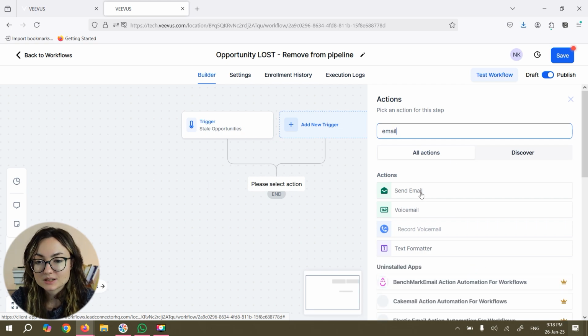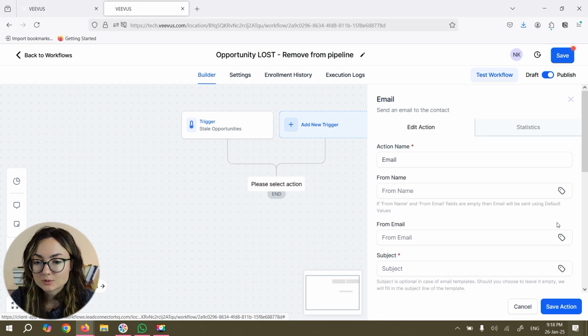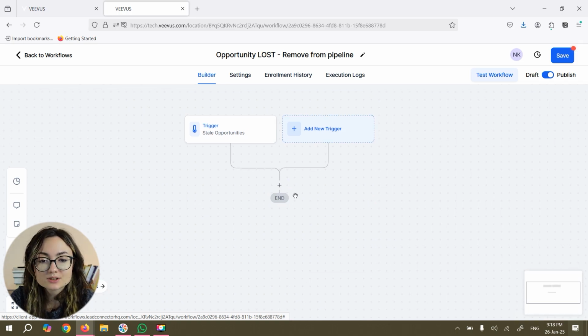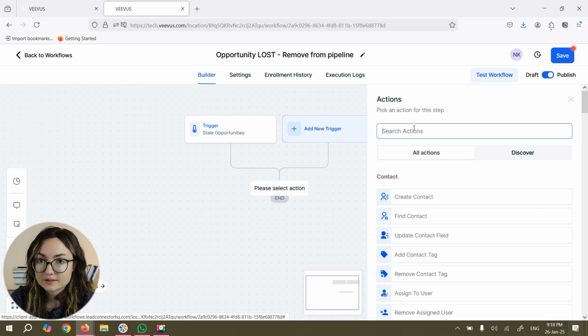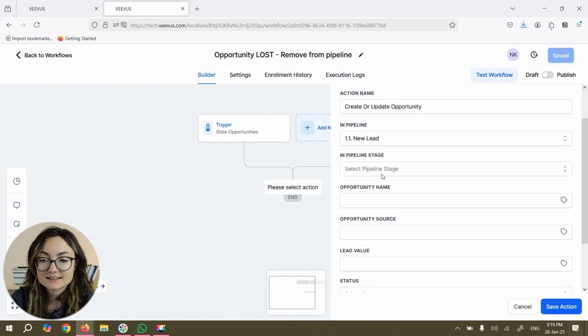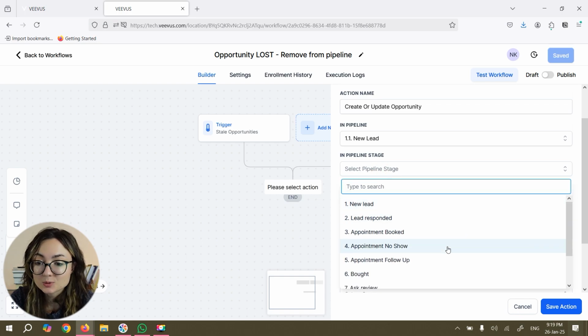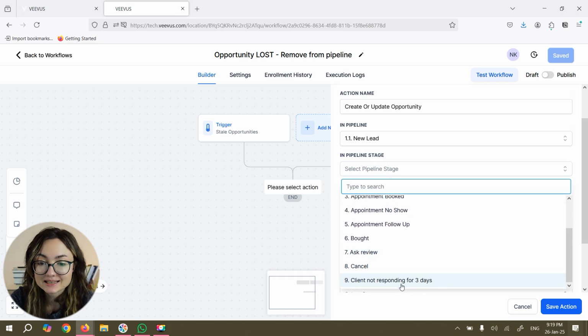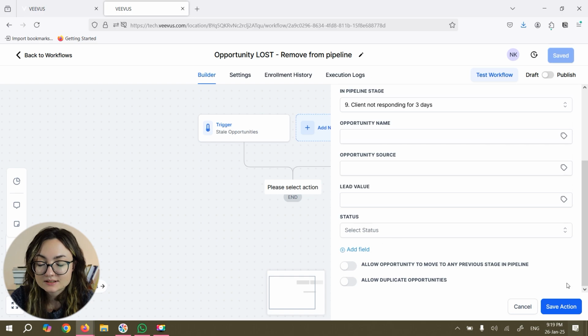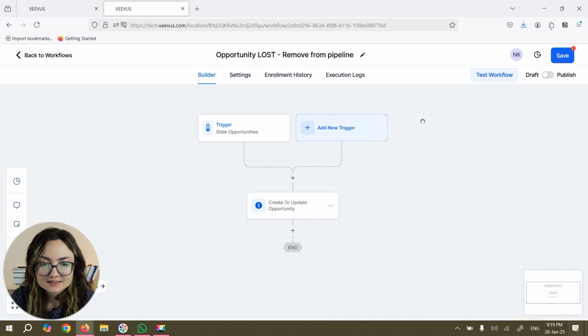So you're going to send them an email, and you write there whatever you want to write. But before doing that, I recommend you add them to another opportunity stage that we have created. Here we choose new lead, and then in pipeline stage, we want to choose this new stage that we have created, client not responding for 3 days, and then we're going to save it. Why is it important to do it like that? Because